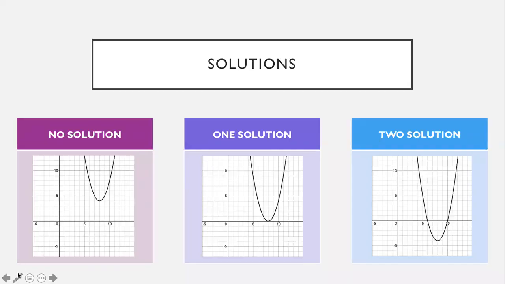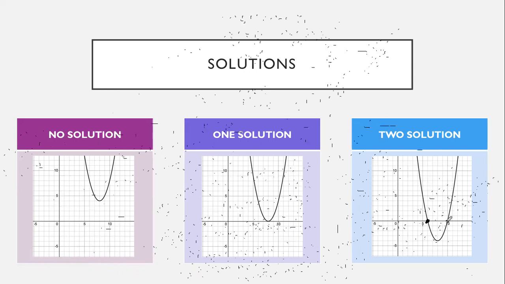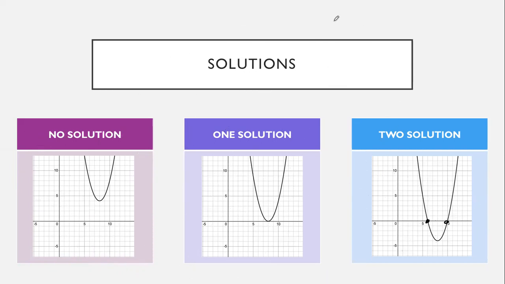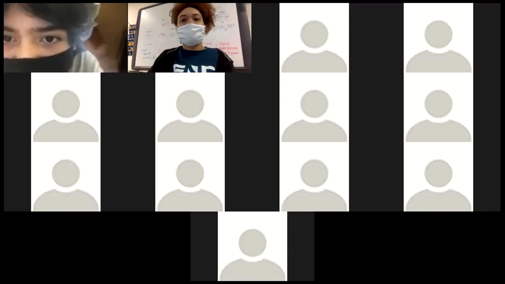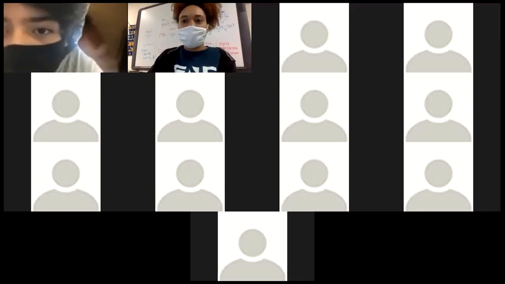Why is this saying no solution? Because it doesn't cross the x-axis. Why is this one solution? All right, and this is 2 solutions. Crosses twice. Beautiful. We just did about 4 or 5 weeks of learning in less than 30 minutes. Then why don't we take this